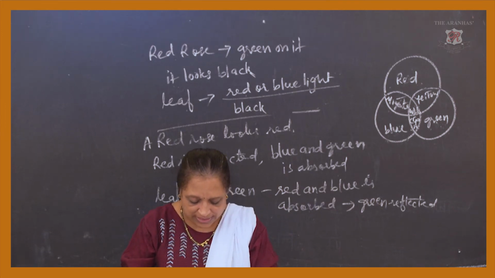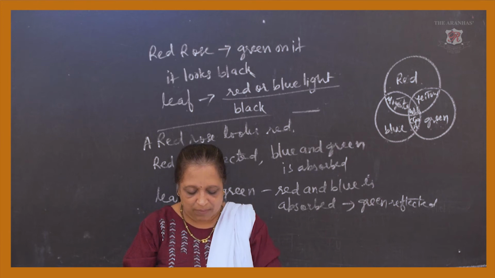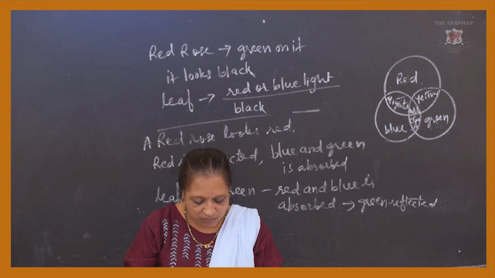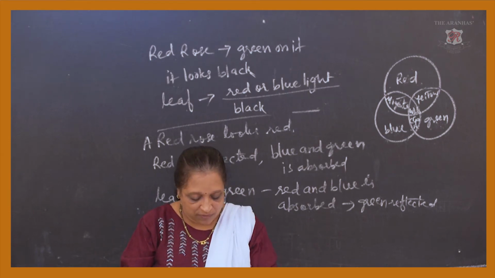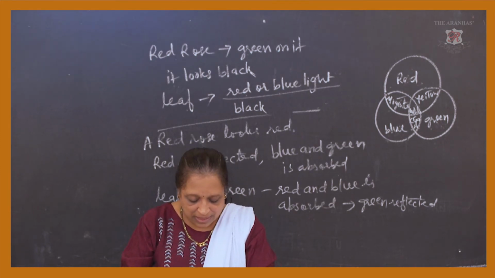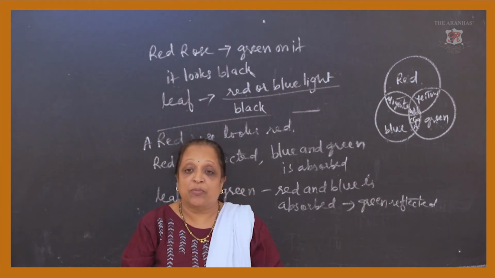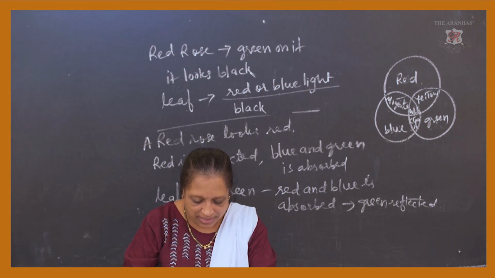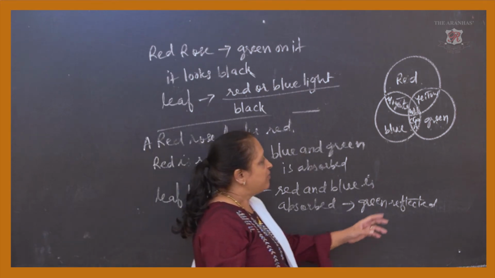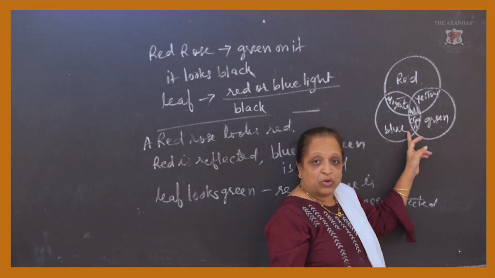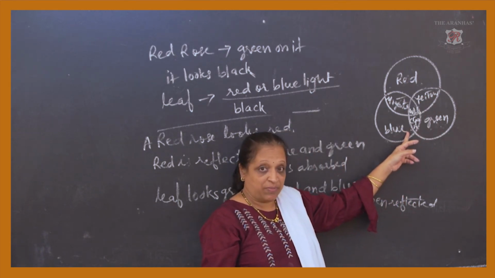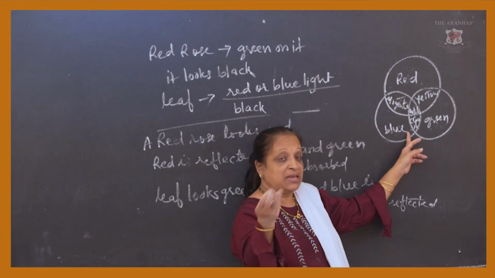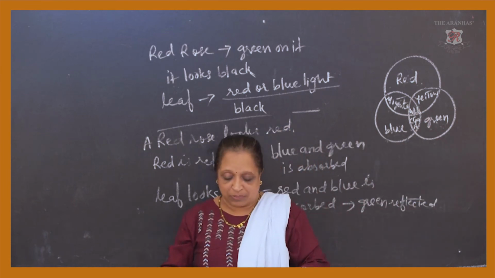Now depending on this, see, you have one mixing of the colors and what effect you get out of it. I am just reading for you. If on a sheet of paper, of course it has to be white in color only, the blue, which is a component of the white light, is absorbed, then it will reflect the red and green components. Because we have red, green and blue. If blue is on a paper and it is looking blue, it means it is reflecting the blue color and red and green are absorbed by it.